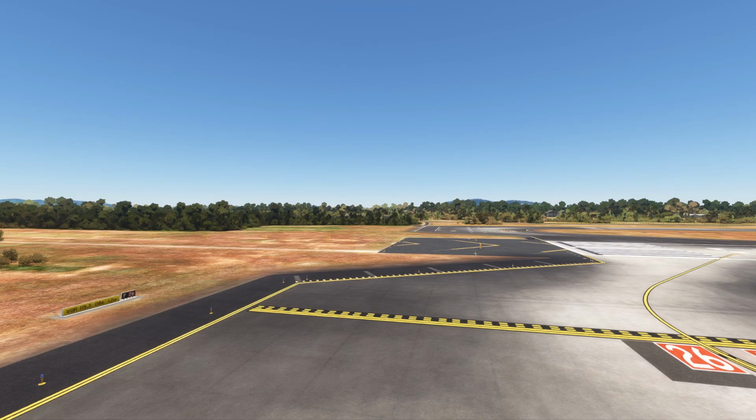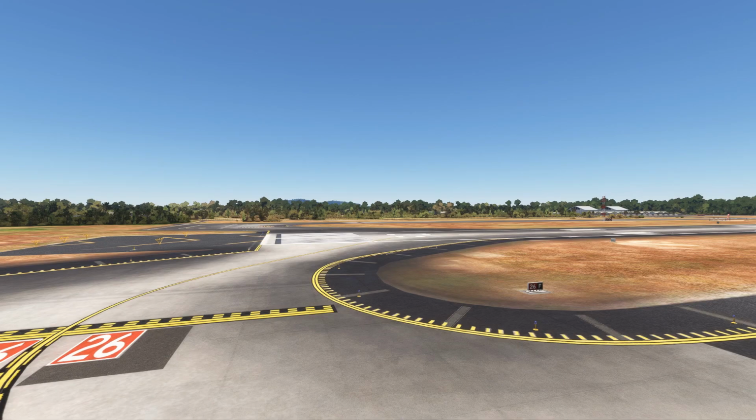So here we are at the threshold of runway 26, and we thought we'd have a look at this. So this is all a little bit different. Here you've got the appropriate red sign and the taxiway designator. You've got the ILS frequency here and the heading, and also you've got your edge lights, the runway entrance markings on the ground. Yeah, I mean it's great, but it's all a bit different. So here you've got the designator in red,